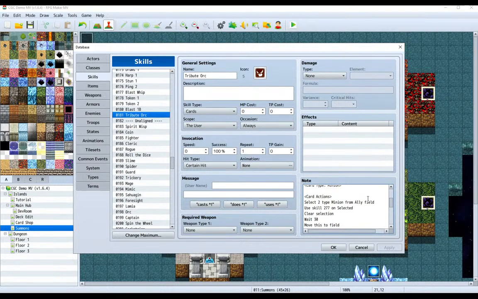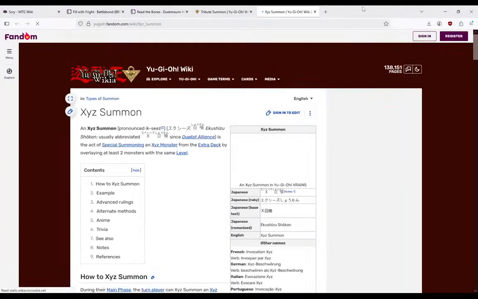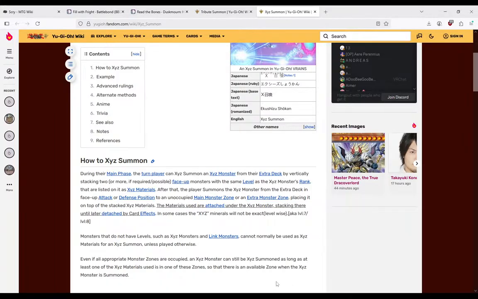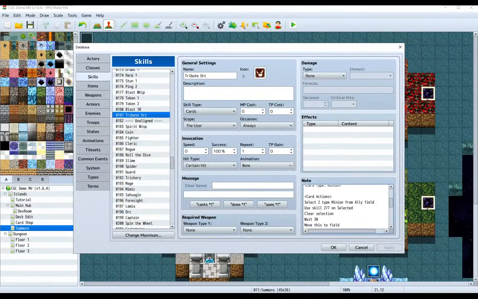Okay, so to summarize, you have to do a bit of workaround for this, but the general way they work is that there needs to be a card passive that is a requirement that looks for the total number of creatures. If there aren't enough creatures, you cannot play them. That checks out, right? And then once you have enough creatures, you basically need to remove them from the board before the tribute creature, you're able to summon